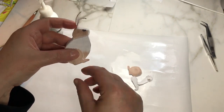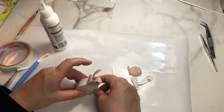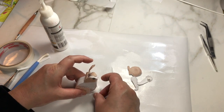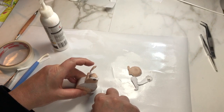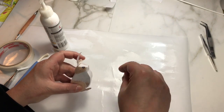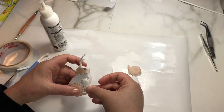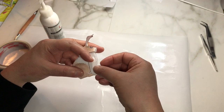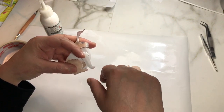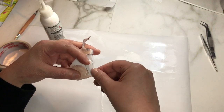So you always want to make sure that this foot is level with the back, and the best way to do that is to set it on the table and get your positioning and see how high you want them, and then just glue that down, and then you'll do the same to the other side. Then you'll take your front paws, and again you'll just make sure that it is level with the hind leg, the back paw, that they're both the same